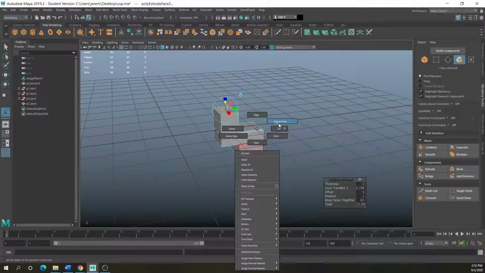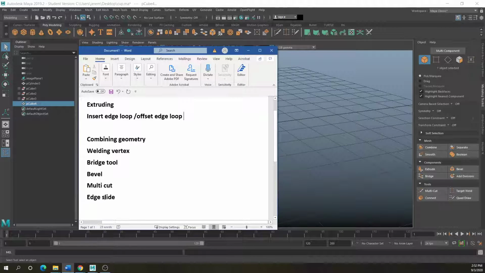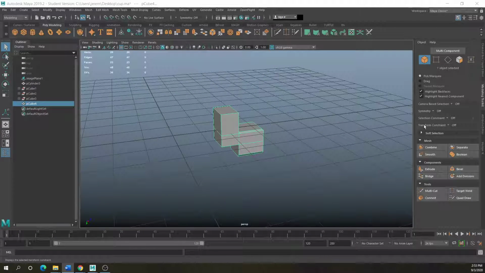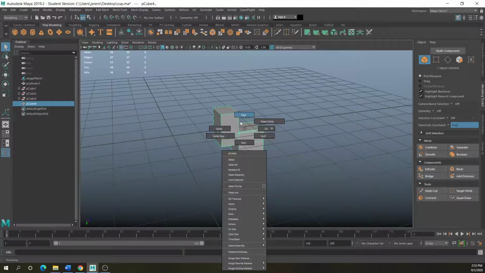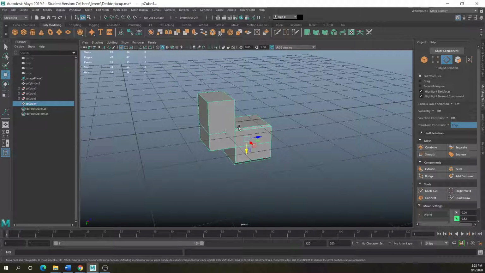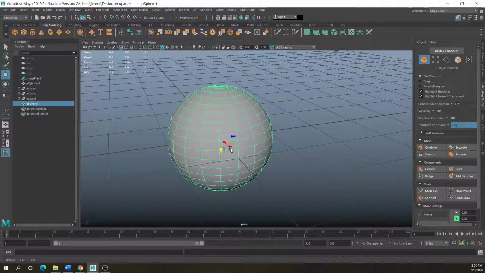So now, another thing I'll show you is this transform. Let's talk about this edge slide because we'll use this, or you should be able to use that in some of the projects. If you look over in the transform constraint, and you have this thing on edge slide. So in other words, if you're in edge mode, basically, and I want to move this edge up or down, however I want to use it, it'll move it straight down. It's probably a bad example. Let me drop a sphere in there. It's a little easier to demonstrate.